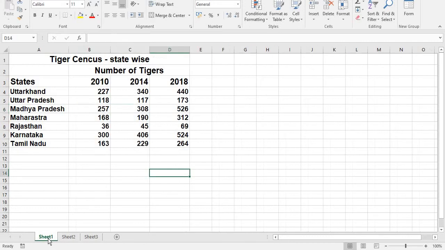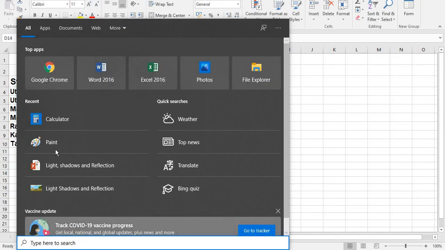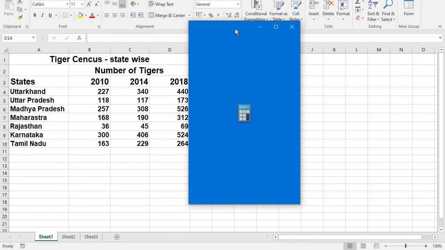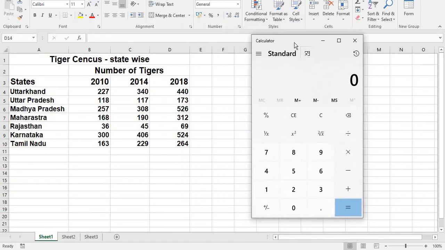See here, if you have any doubt, you may open the calculator and check. I have opened the calculator. Now I am doing the first one. Here I am entering these values: 227 plus 340 plus 440.